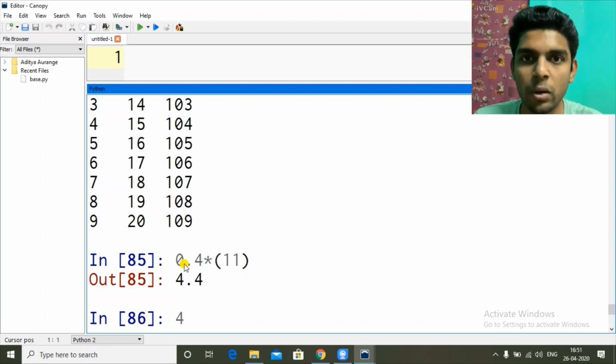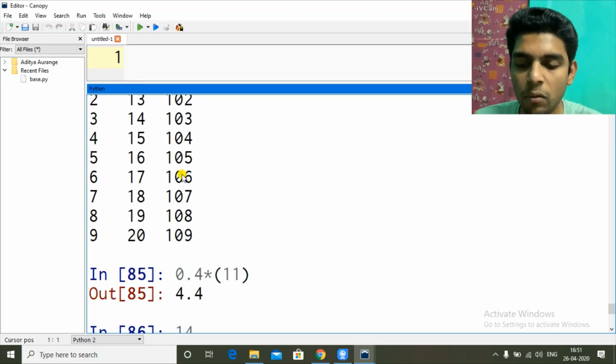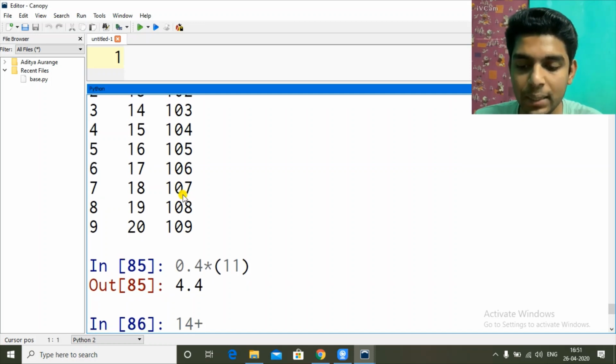So my quantile value will be the 4th element, which is 14. 14 is my 4th element, no? 11, 12, 13, 14. 14 plus what is my fraction part? 0.4, 4.4. So the fourth value is 14. And then 0.4,